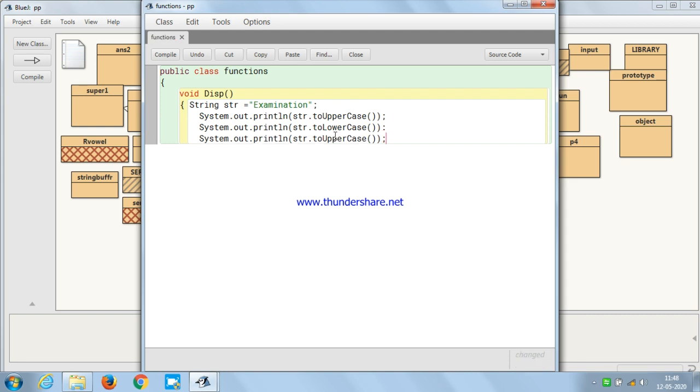In case I want to find how many characters are in this examination, students, always remember that you have to find the length. I'm finding length. Length will tell you how many characters are present in examination, and always remember length always begins with 1. Index numbers always begin with 0. Don't get confused here. Length means natural counting: 1, 2, 3, 4. So length will be the total length of this examination. Is it clear? So I have found length.